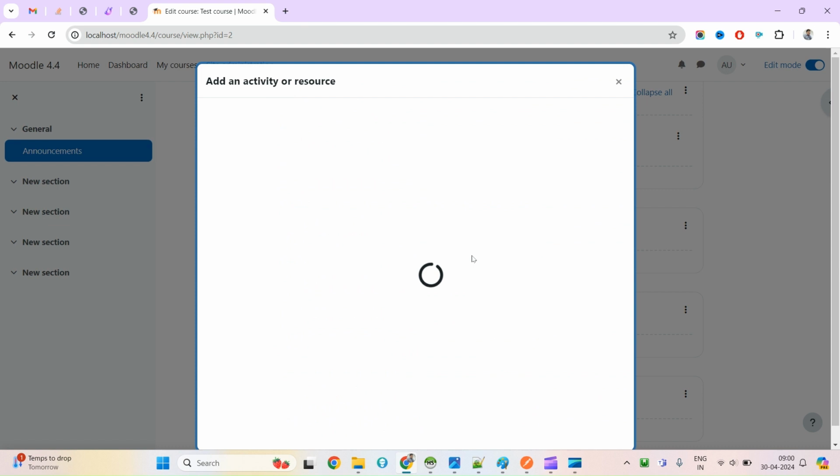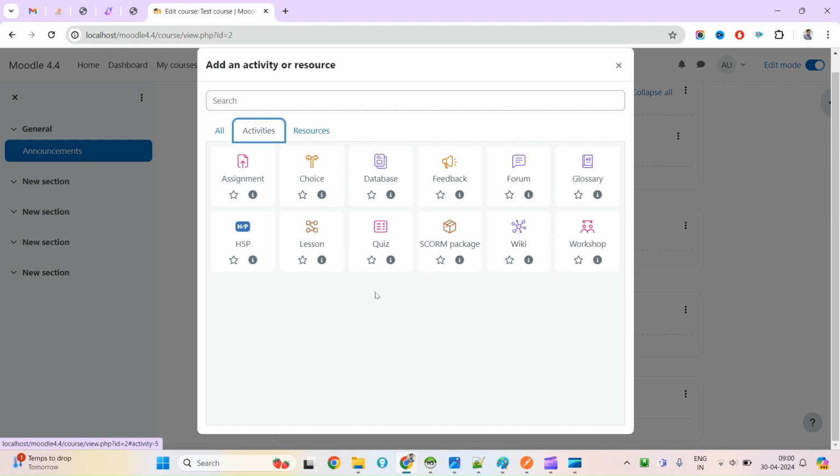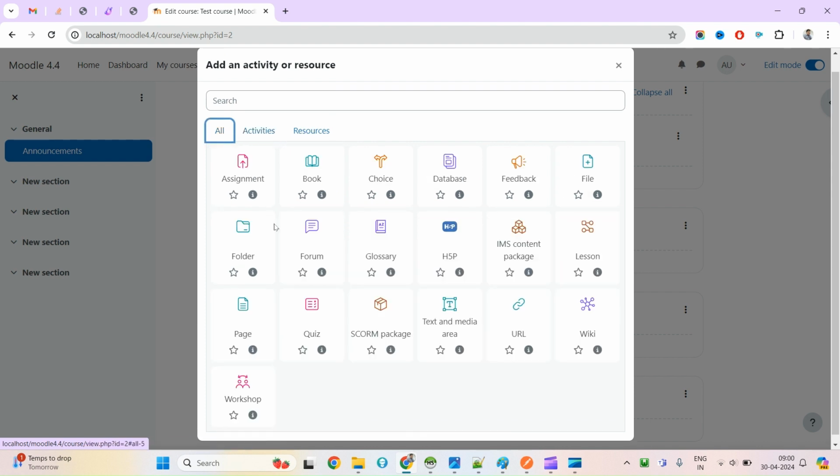Let me try adding one resource. If you come to this add an activity or resource page, you will also see the icons. The resource and activity icons have been changed to a nice look and feel. Earlier it was not that good, and it was a dark filled color, but you don't see much dark color now. So let me try adding a file,